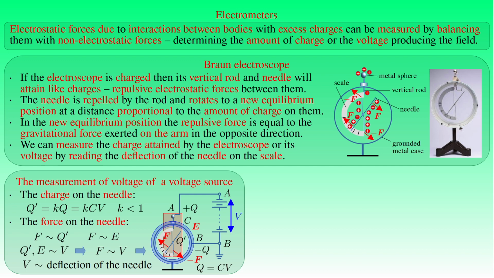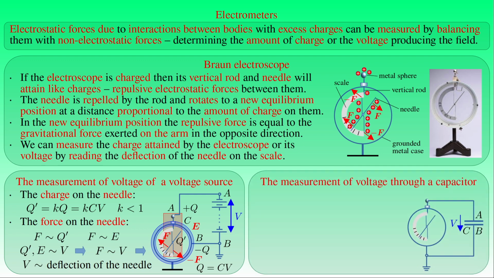If we want to measure the voltage V between the two plates of a charged capacitor of capacitance C, then we connect its plates A and B to those of the capacitor formed by the metal sphere and the parts insulated from the case, and the metal case of the electrometer. As a result, the voltage across the capacitor decreases and the electrometer measures a voltage V' less than the voltage V. The initial charge Q of the capacitor is given by the product of its capacitance C and the voltage V across the capacitor. During the measurement, the amount of charge Q distributed over the system does not change, but